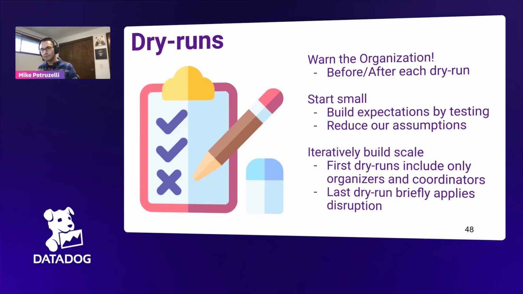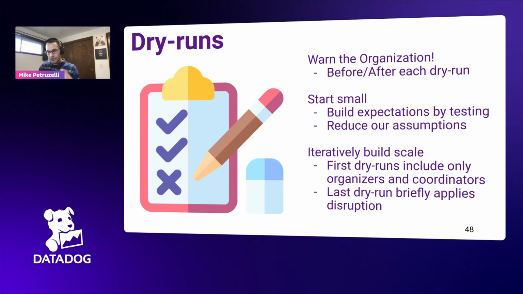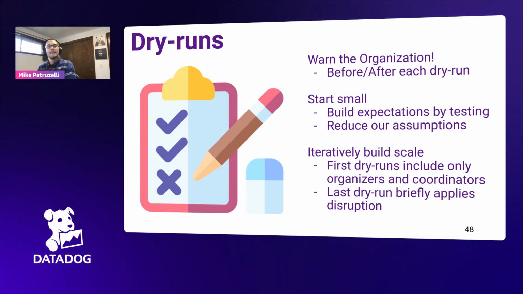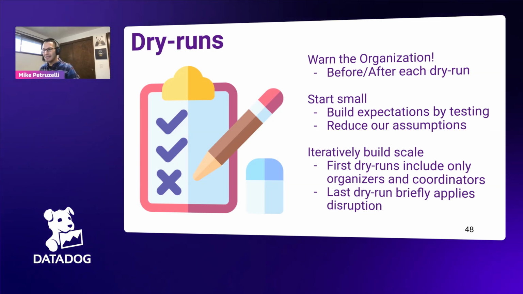And to be really respectful of people's time, you're gathering a lot of people for these events. So in our first dry runs, it's usually just core resilience teams validating the disruptions, doing things like the chaos controller allows you to actually put pods into place without disruptions. So making sure we don't leak pods to places we don't want them to be.